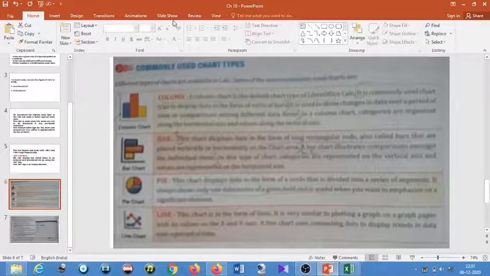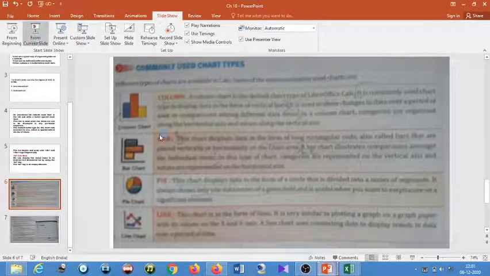Yes, students, first of all I will explain the commonly used chart types. Students, once again I want to remind you that in my previous video I explained that a chart is an effective way to display data in a pictorial form, and I told you that for comparison or analysis, or if you want to show growth or relationship, it is a better way to display this in a chart format.